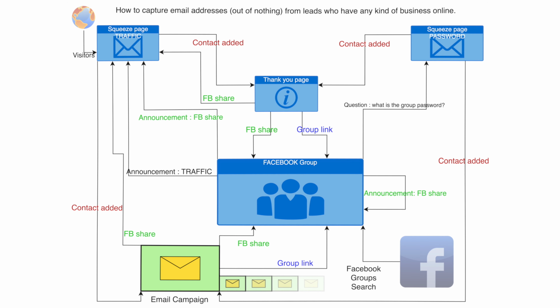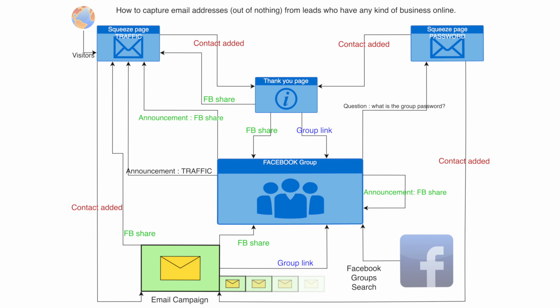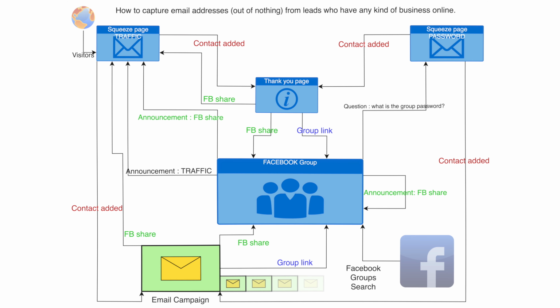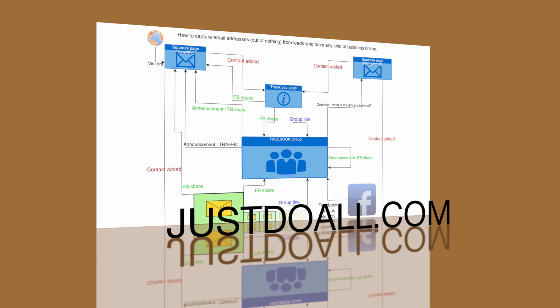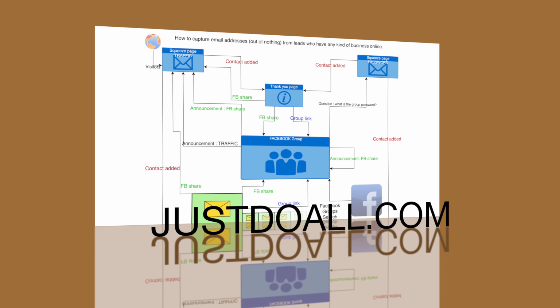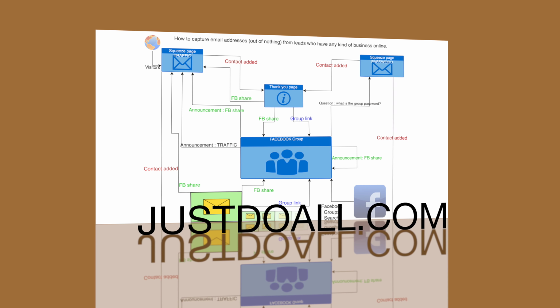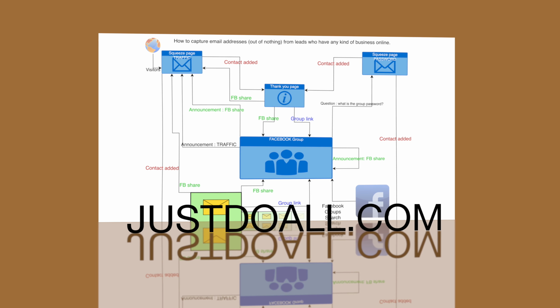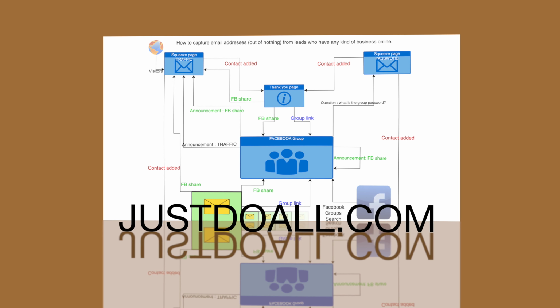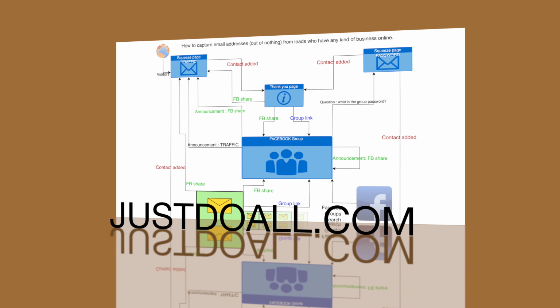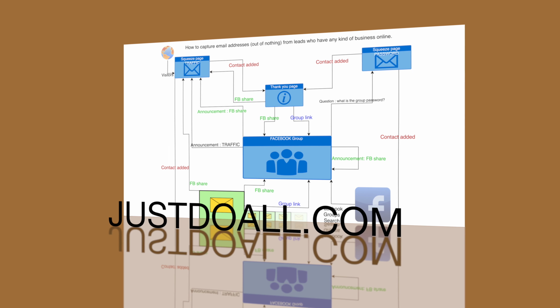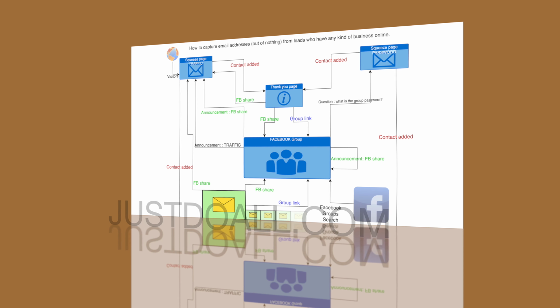Because on all the pages and the message on the group, on the email campaign, you have so many optimizations, it will grow viral. So it will attract more people from the people already in the system and sharing on Facebook, and those who enter, they will share themselves.